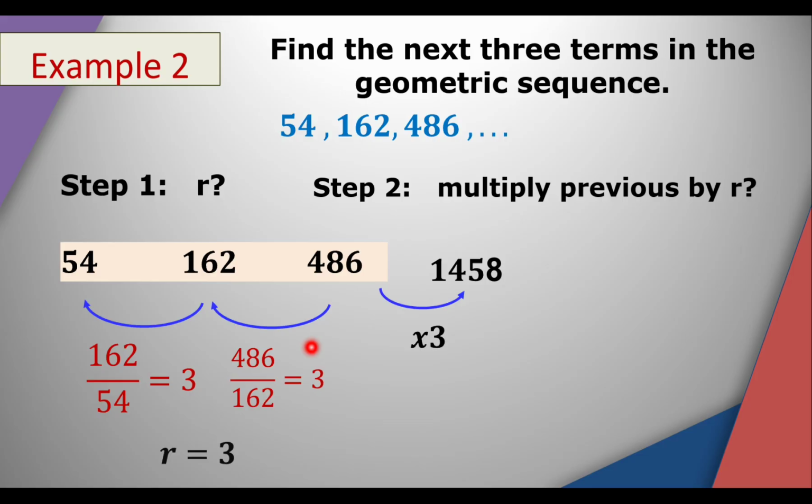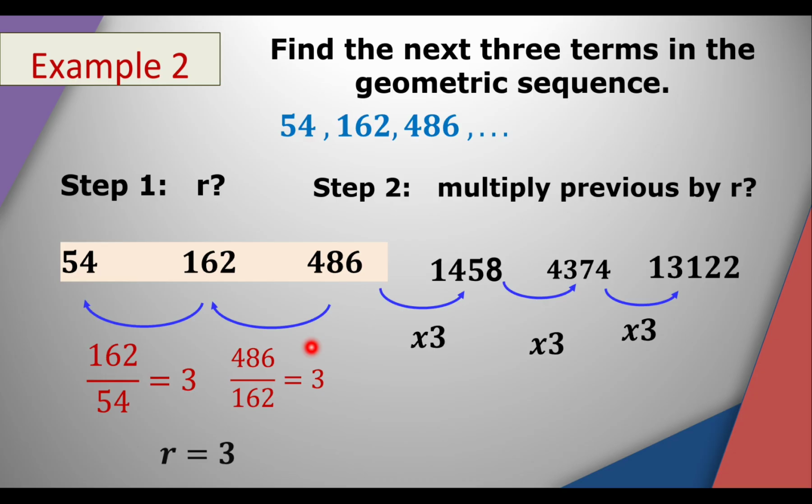We have 1,458. Then we multiply 1,458 again by 3, and we arrive at 4,374. And we multiply 4,374 by 3, arriving at